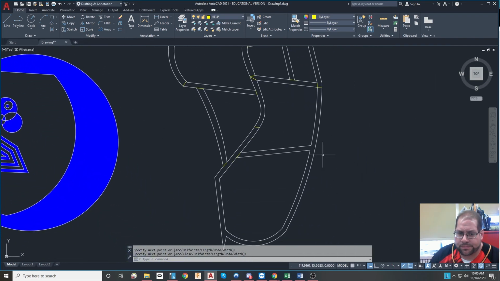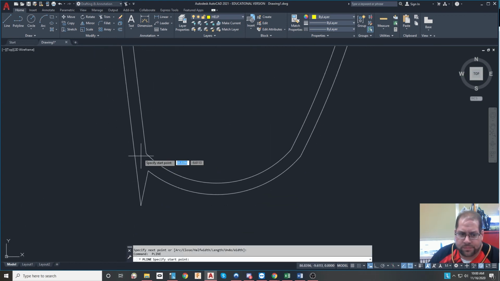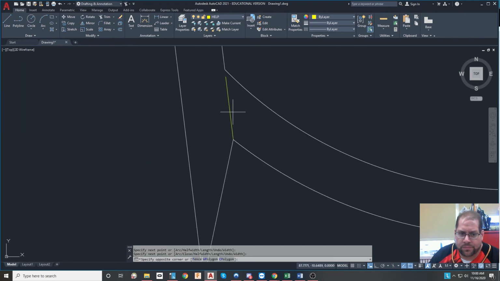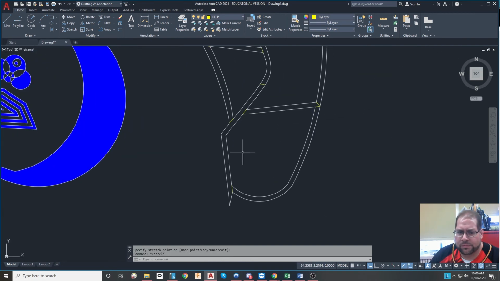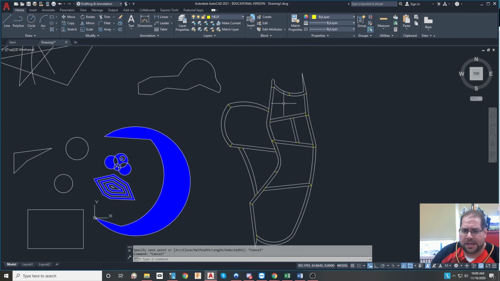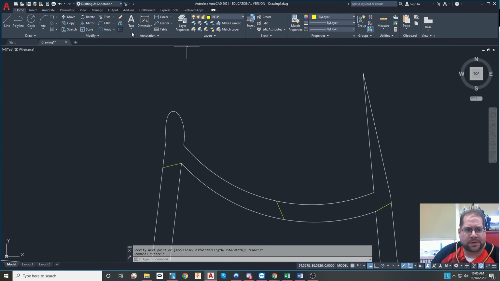Good. A few more, and we'll be fine. This one didn't attach, so I'm going to just fix it. And one more here. You know, it looks like it takes a little bit of time, but it's really not that bad. Okay, so now that I have all these areas broken, I'm gonna zoom up on those areas,